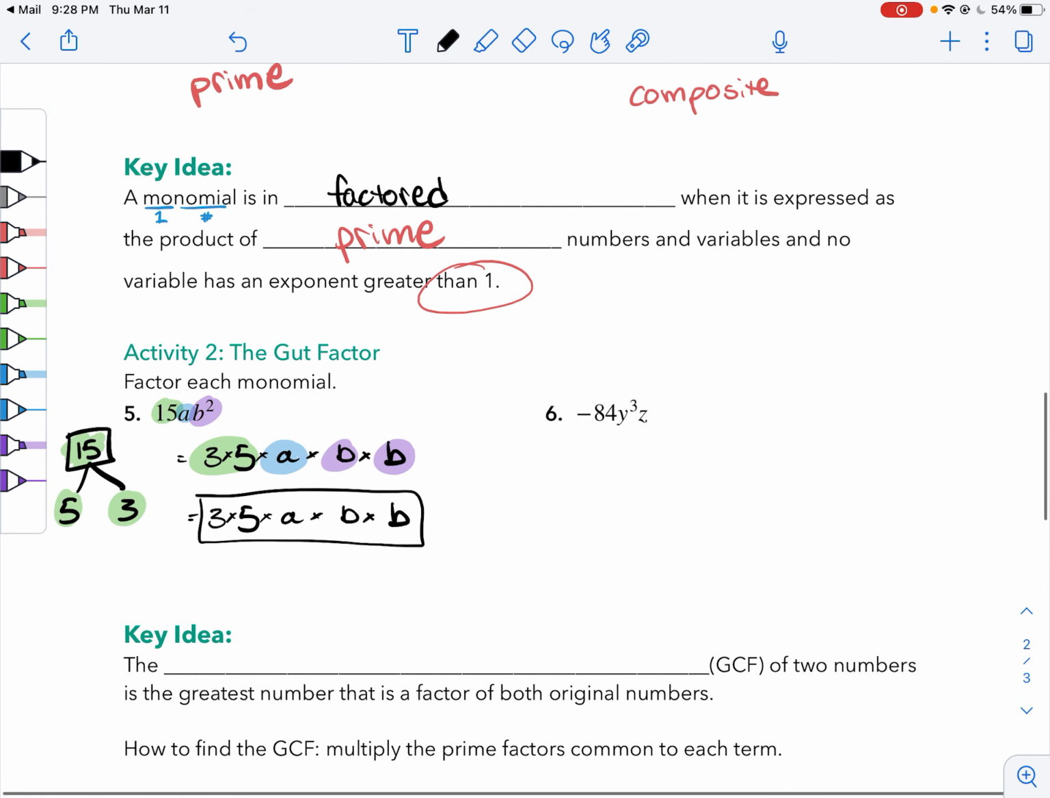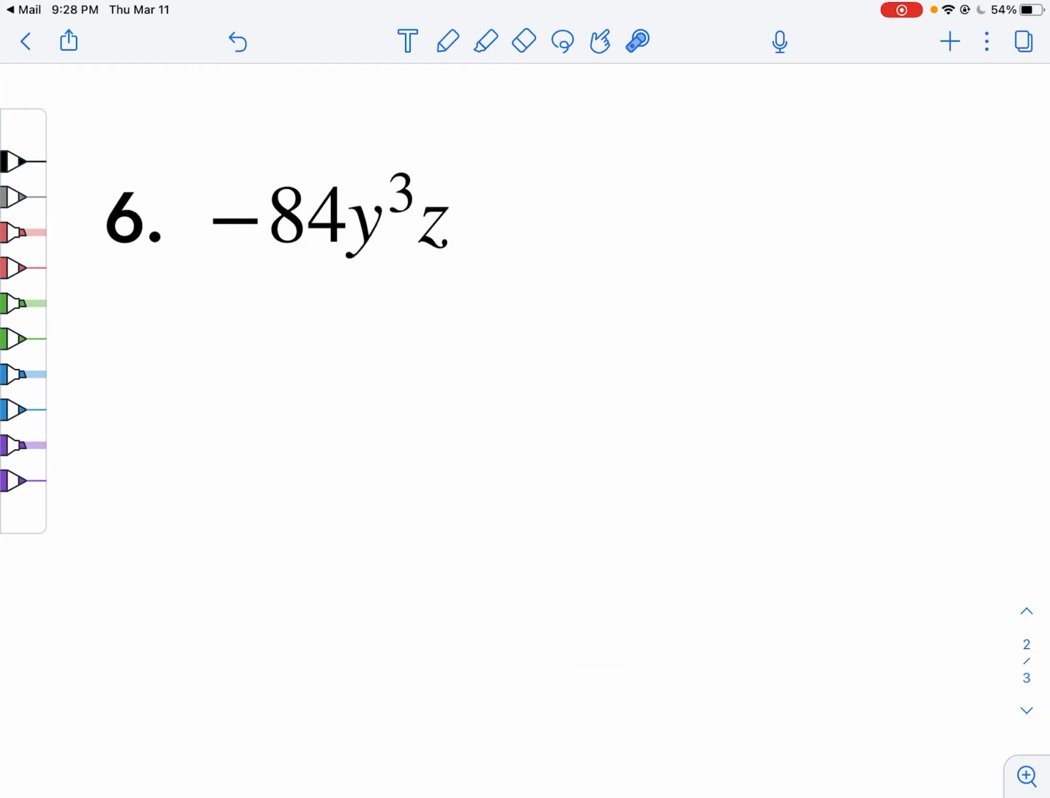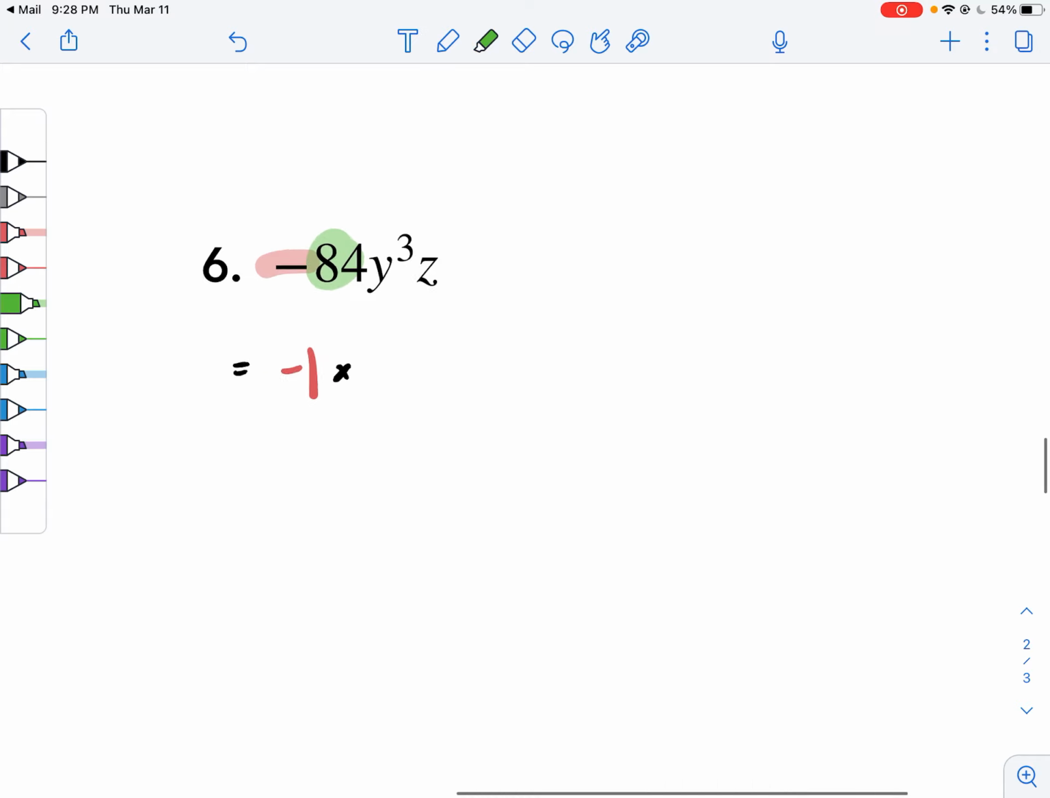Okay, now let's check. Do we fit? We have only prime numbers, and each variable has an exponent of 1. Okay, cool. Now let's check that, negative. Think of the negative as -1. So we'll start out with -1 times, and now we need to find out what the prime factors are